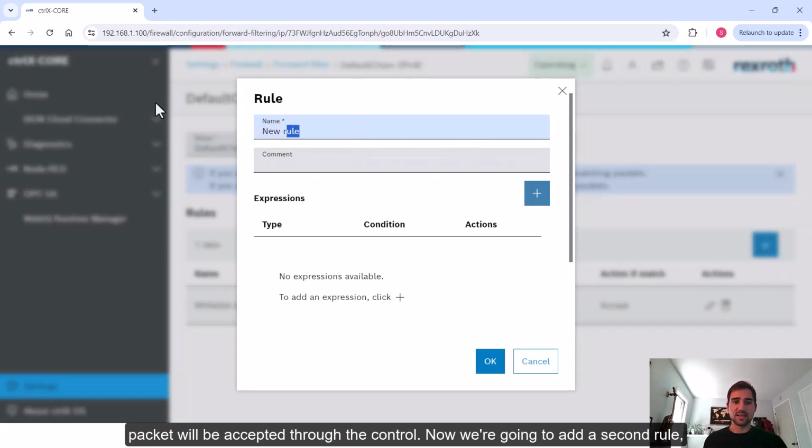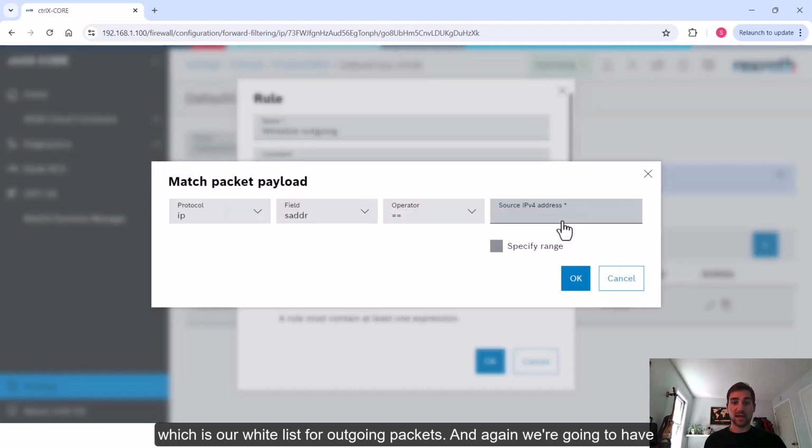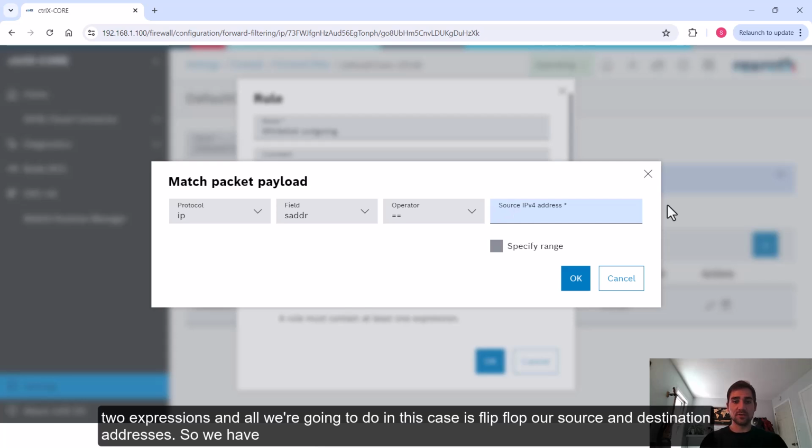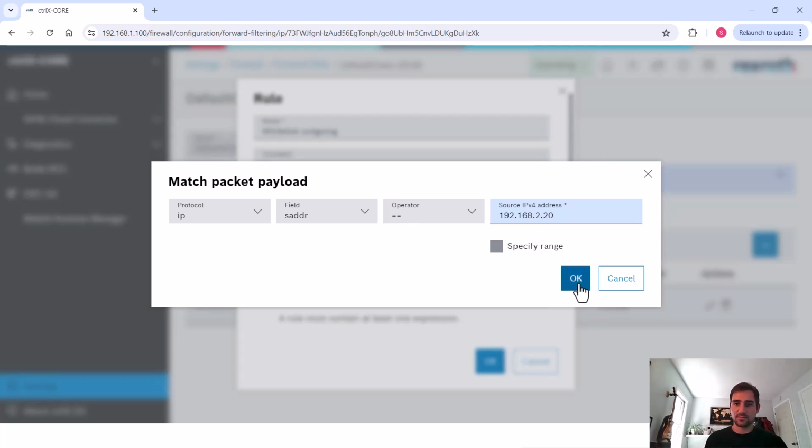Now we're going to add a second rule, which is our whitelist for outgoing packets. Again, we're going to have two expressions, and all we're going to do in this case is flip-flop our source and destination addresses. So we have now 192.168.2.20 as our source,